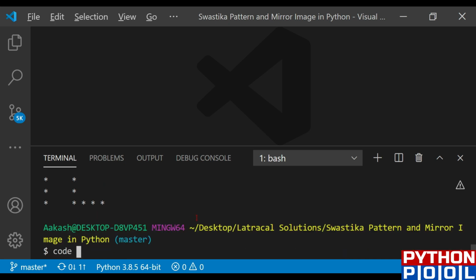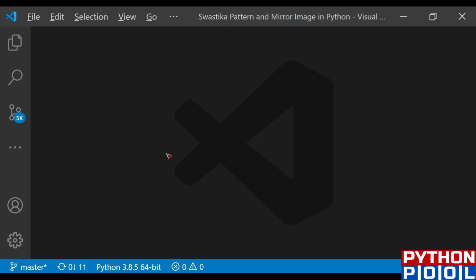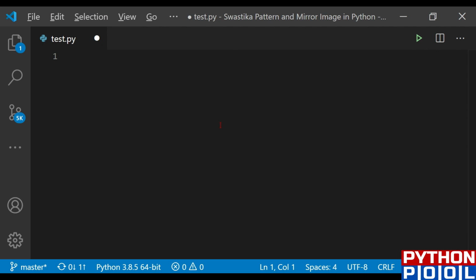So let me code a file, name it as test1.py, and once my file is ready, let me define the function for swastik first. I'll name this function swastik itself, and it will take the number of rows and columns.